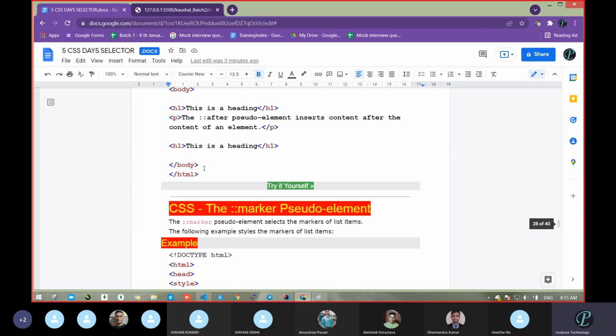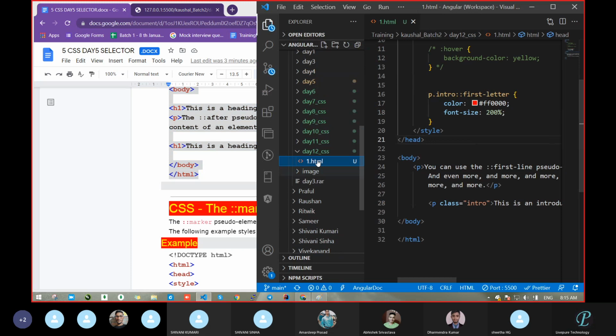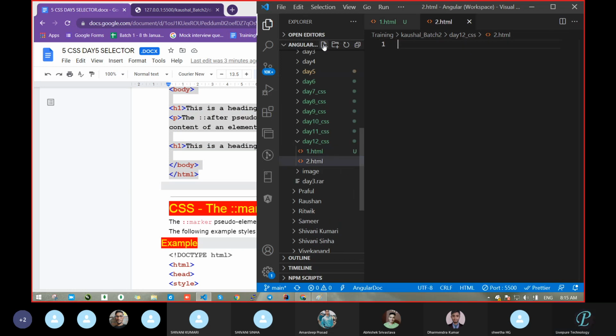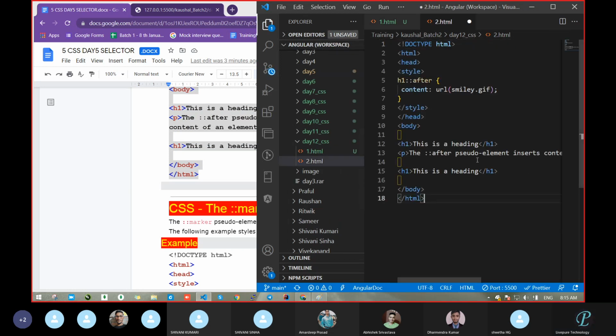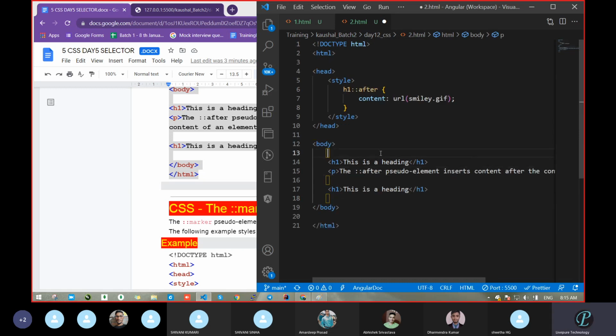In this one actually we had added an image. HTML. So see here we had taken the class.